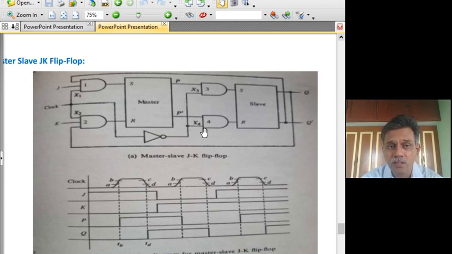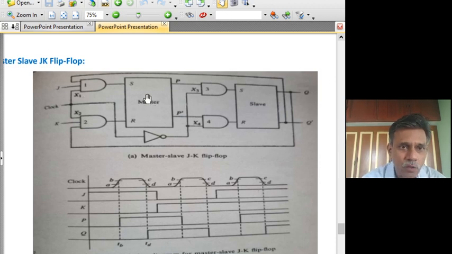This is just to illustrate how these two can be constructed just by manipulating where you put the NOT gate in the clock circuit. If you do so, you will see that this will become a negative edge triggered flip-flop. The trailing edge of the clock pulse will be the one which will trigger the flip-flop's output to change.